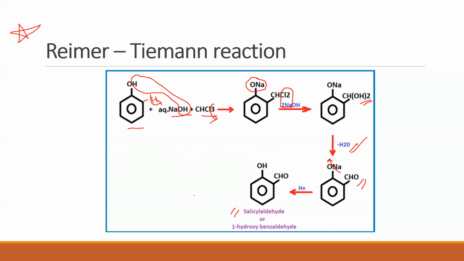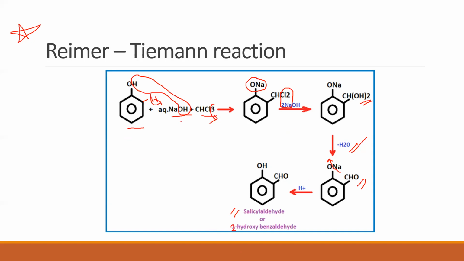In the previous reaction, we came across the preparation of salicylic acid. Here we are getting salicylaldehyde because CHO is the functionality, and to that I have OH as a substituent. Hence, I can also call it 1-hydroxy benzaldehyde, clear, or 2-hydroxy benzaldehyde because the OH will be attached to the second position. So this will be 2. Clear? So this is Reimer-Tiemann reaction. Let me quickly go through this reaction once again so that you understand better. The starting compound is phenol.